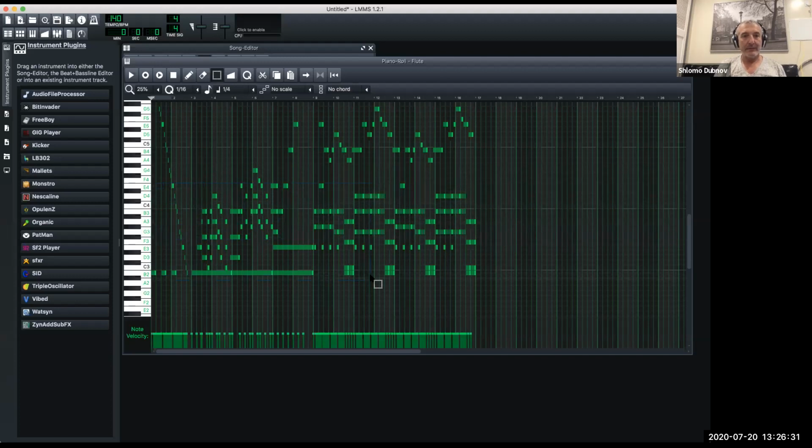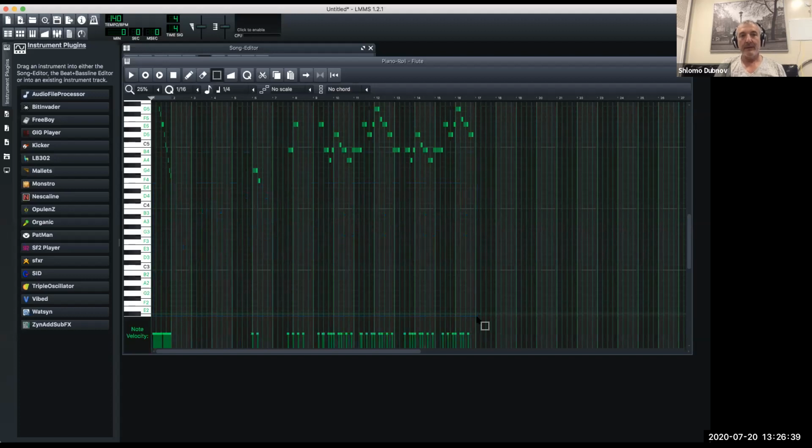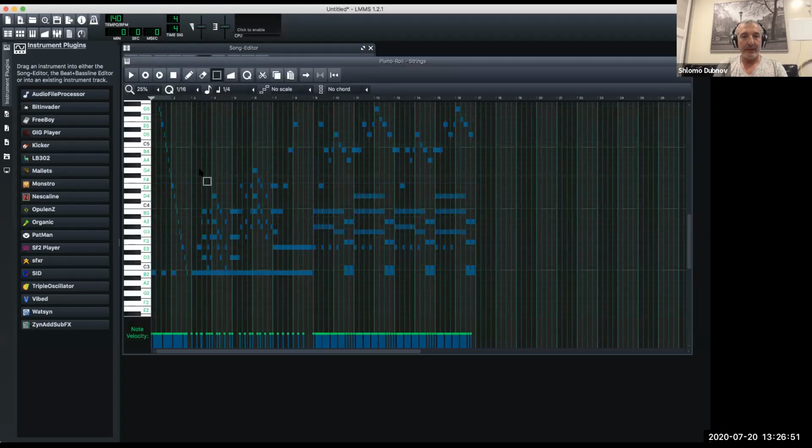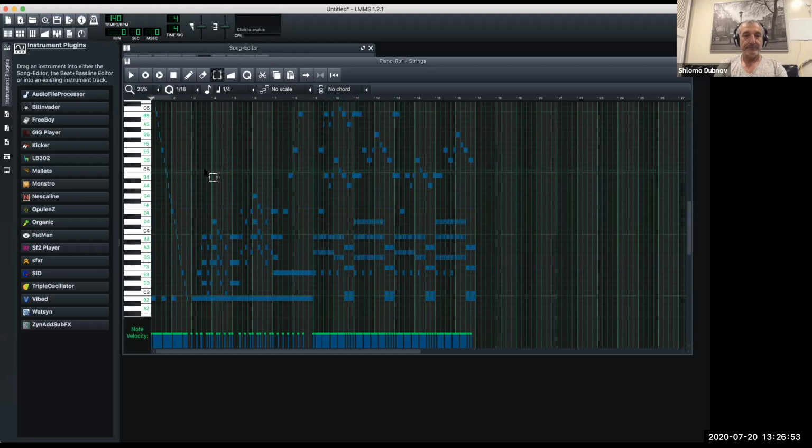I'll just take some kind of a note on E4 or whatever, and remove everything below this, and say let's keep this as flute. Okay, we will see if it actually makes any musical sense. And we'll go here and actually remove the part that was playing the flute and keep this as the strings. So maybe I'll keep a little bit of an overlap so it doesn't really totally become disjoint. And now